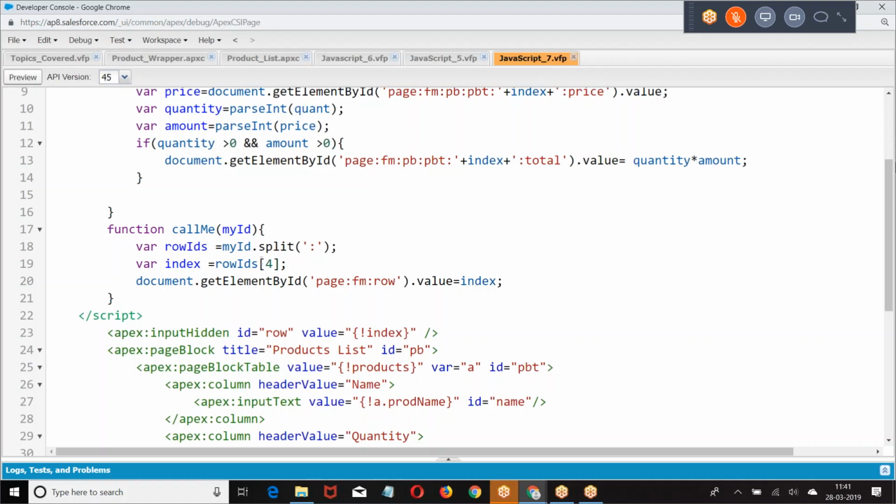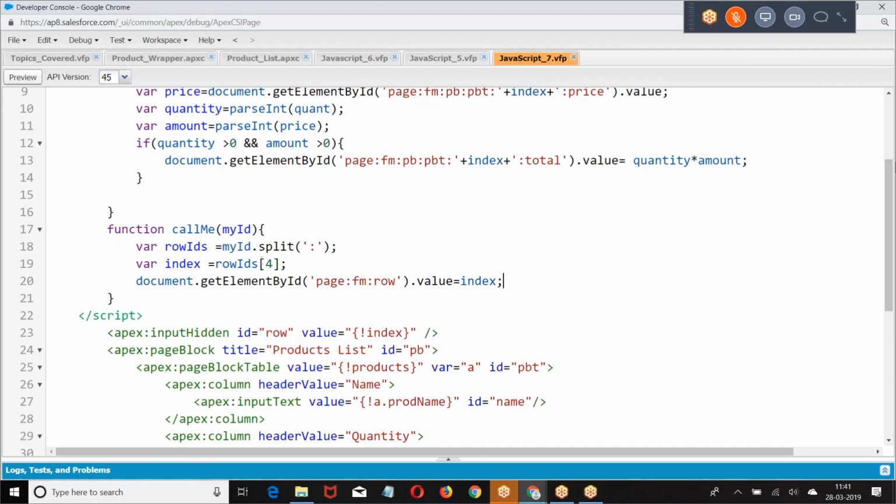I hope you are good with this. Now what I'm doing, whatever row number I got, I'm assigning to page, form, ID row. For the element whose ID is row, we are assigning the index value. So if I select the second row, 2 will be assigned to index. If I select the third row, 3 will be assigned to index. Are you getting my point?